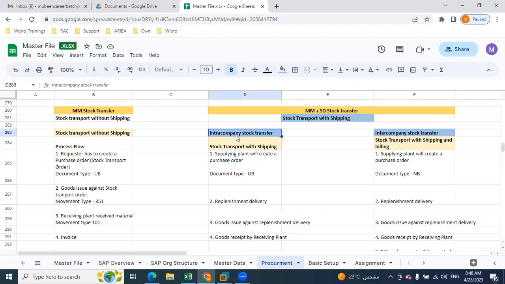Now, intra-company stock transfer and inter-company stock transfer. What is meant by intra-company stock transfer? Intra-company stock transfer means we want to transfer stock from one plant to another plant which belongs to the same company code. You have one legal entity under which you want to transfer stock from this plant to another plant, right? For example, we have a company called EG00, East Germany, in which we are planning to transfer the stock from